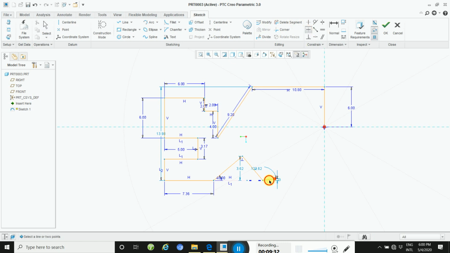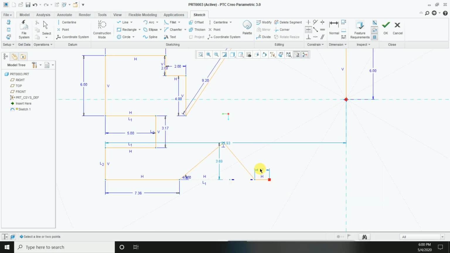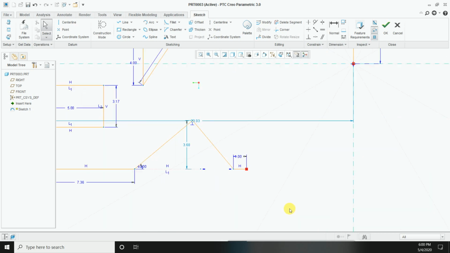Then horizontal this way, and take a dimension of 1 mm here. One. Then take a line.